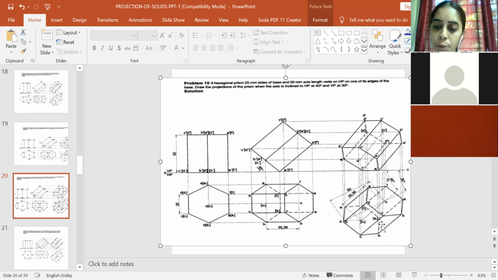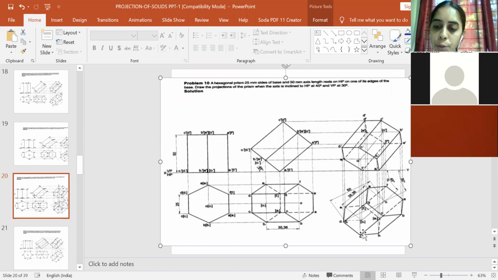Be careful, you will get very narrow lines. If you don't draw parallel lines, it gets inclined and you get crooked lines. Use the scale and draw parallel lines properly. Every point will be very near to each other. So please take the projection from each point, from A1, B1, C1, D1, E1, F1. Similarly, you take the projections from A, B, C, D, E and F. Also, please take the projection from O as well as O1.